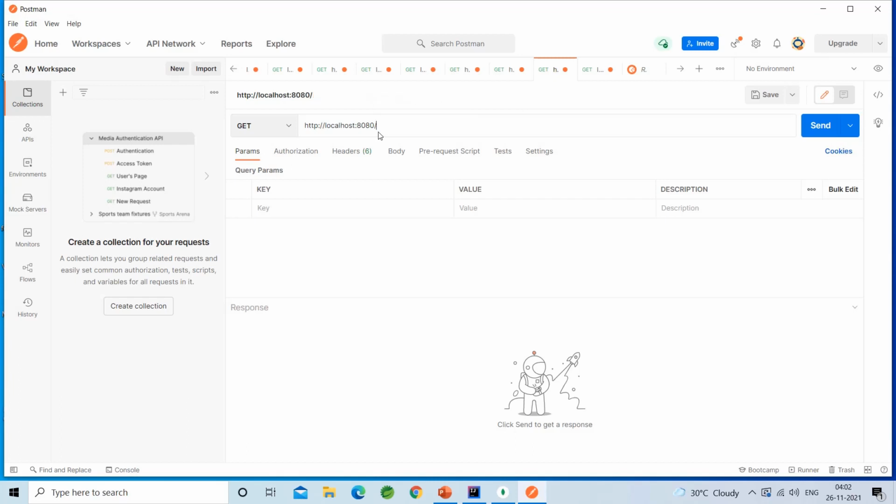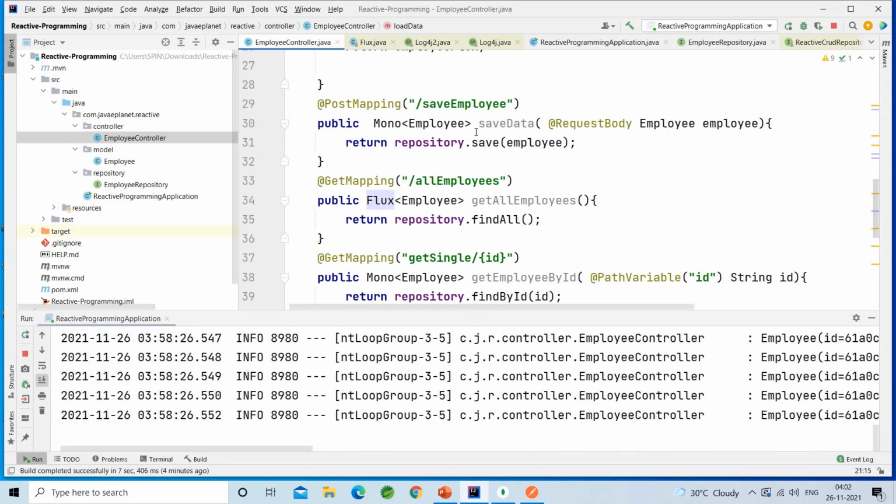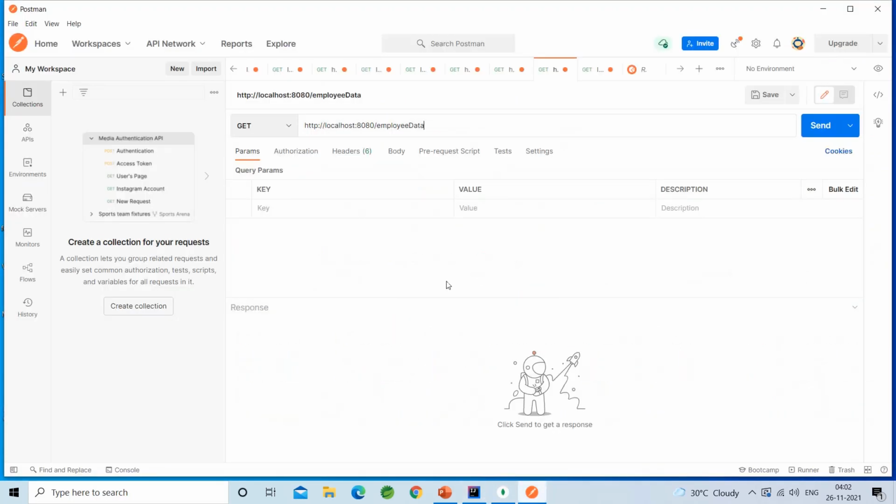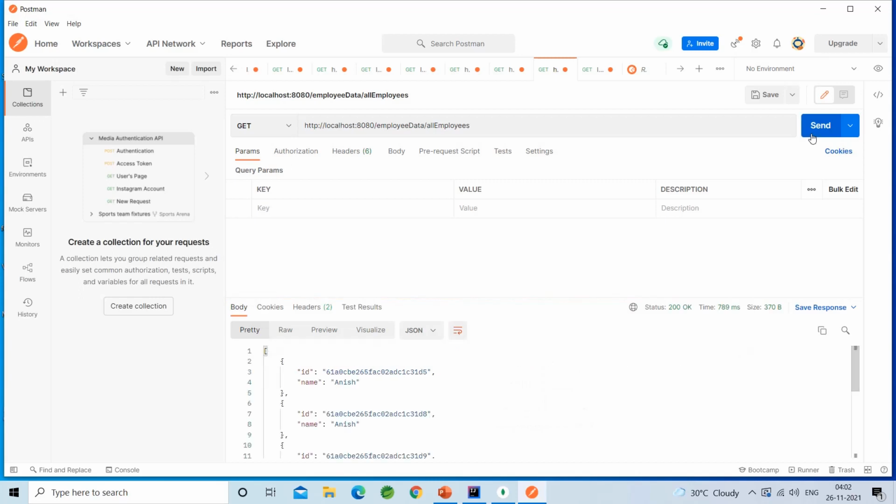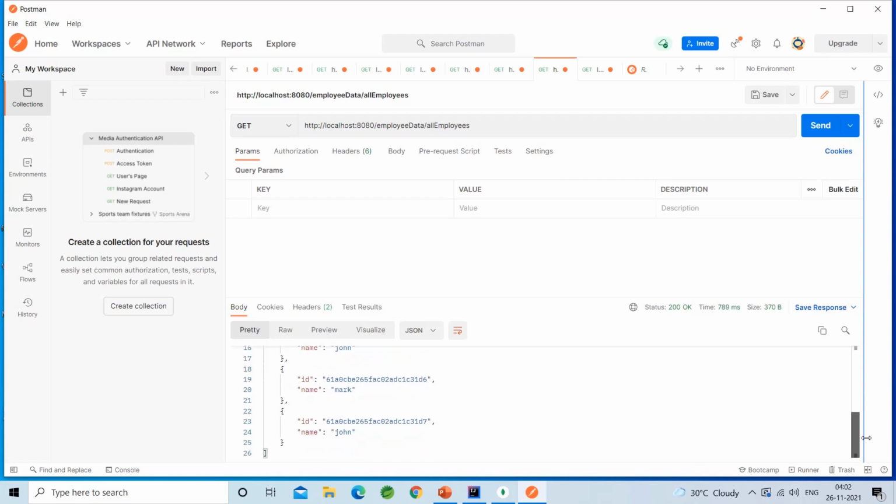On localhost, first we will use the GET method, employee data, all employees. See here, we got the 200 OK response, and this is the data that is there in the database.